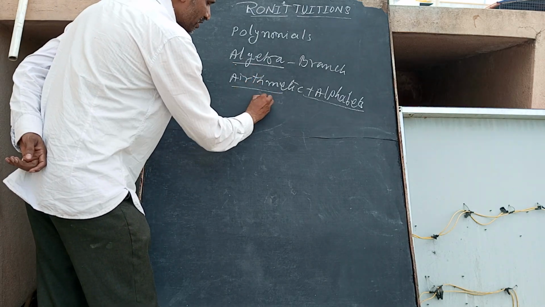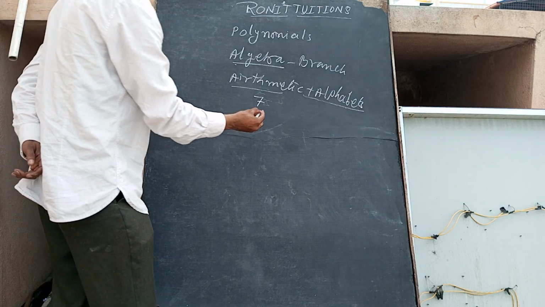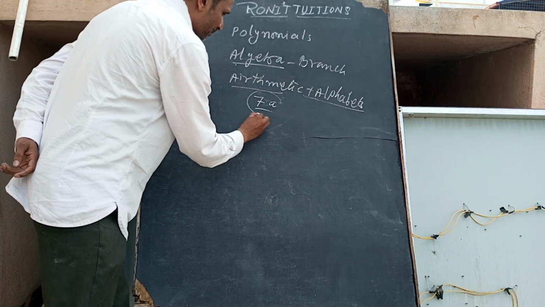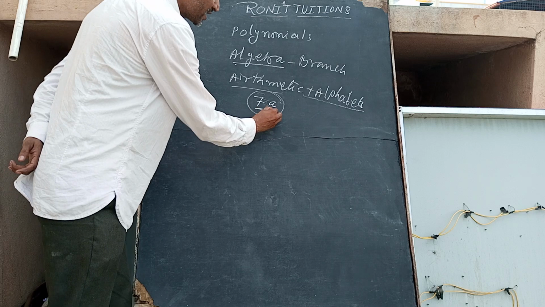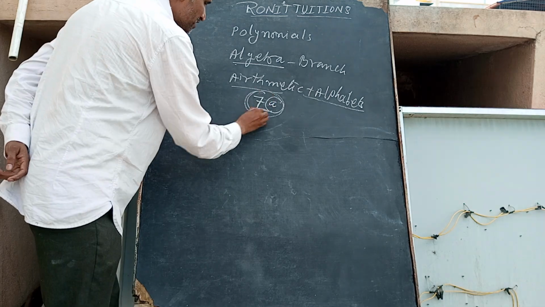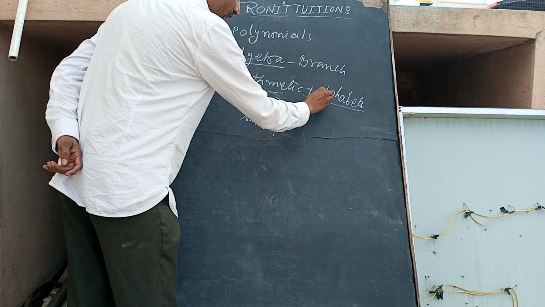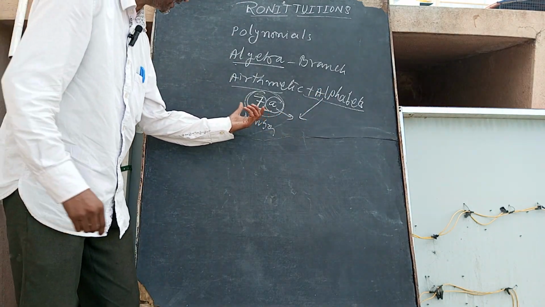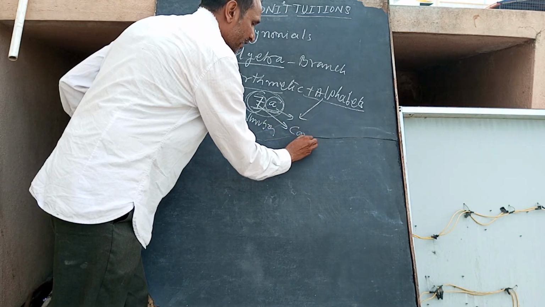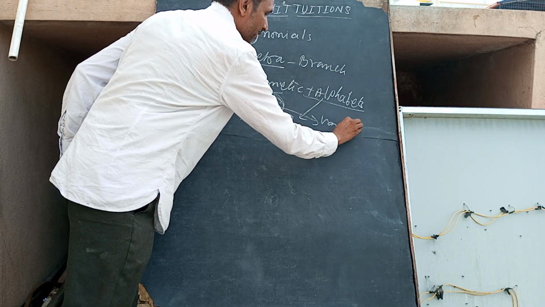In arithmetic there are numbers, and alphabets are x, y, z, a, b, c, d. When they are written together, it becomes one term. In a term like 7a there are two things: the number 7 and the alphabet a. Now we are going to learn the special names for these. The number is called the constant, and the alphabet is called the variable.